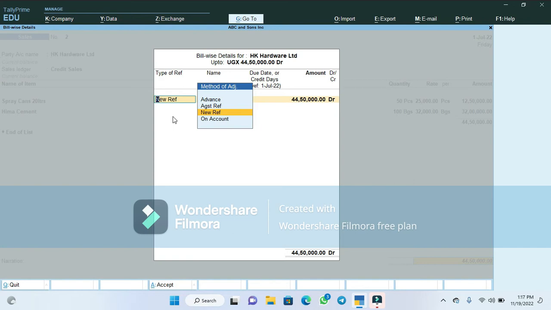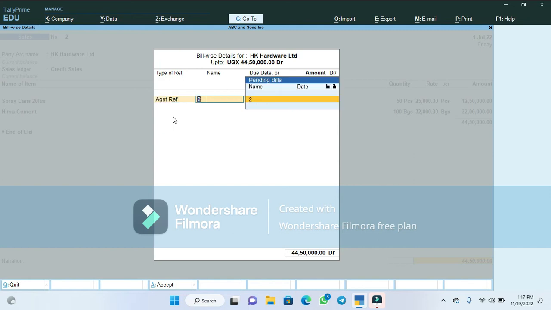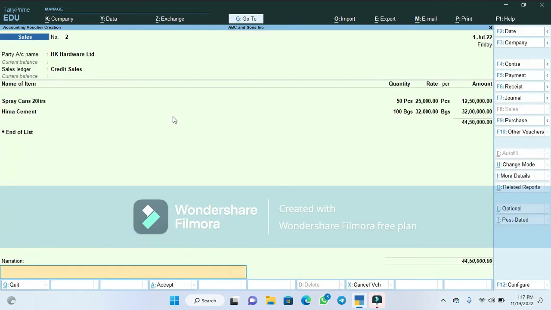We can select an against reference. This is going to help us to track the transaction. Has this person paid us? How consistent is he? How much has he paid? So let's select against reference, which is 2. Enter. So the narration, you can say, credit sale